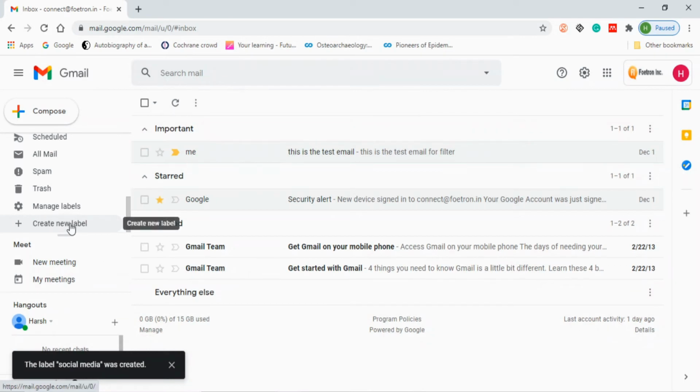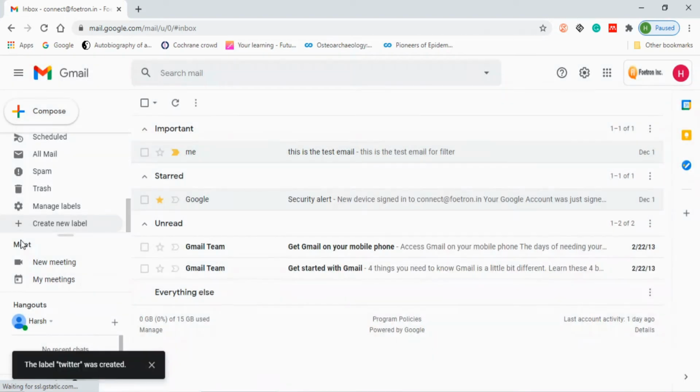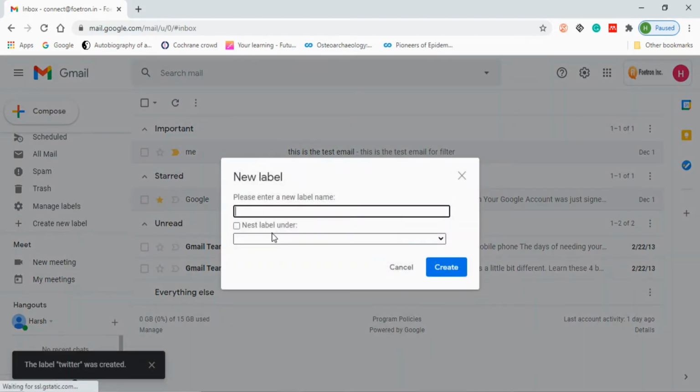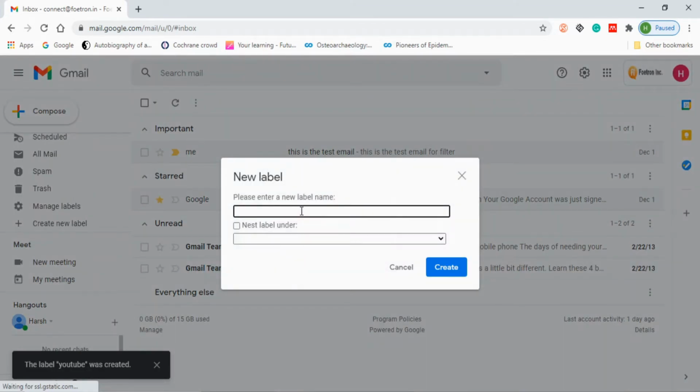But there are a lot of social media platforms. So how can I do that? So create more new labels. I will create a label for Twitter. After that, create. After that, I will tell you how to cluster them and get them under one heading. After that, we will go to YouTube.